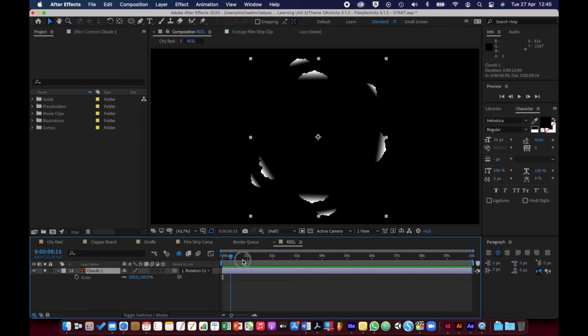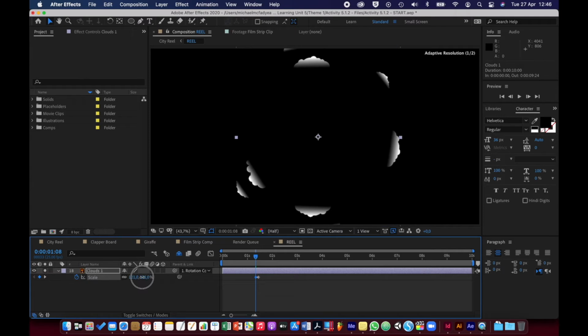So at 1.5 seconds, roughly, I want these clouds to animate into their resting position, which is what you see now. So I'm going to click the stopwatch on at 1.5 seconds to basically say this is where I want it to end up. So the next thing is I want it to go back a few frames. So 1, 2, 3 frames. I'm just using my preview panel here, and then I want to scale it so that it's a little bit bigger. So I'm going to go up a bit,